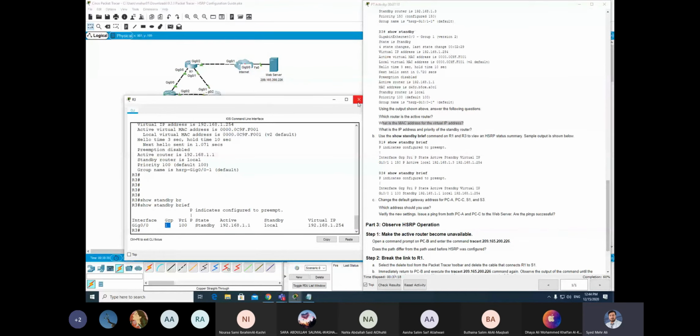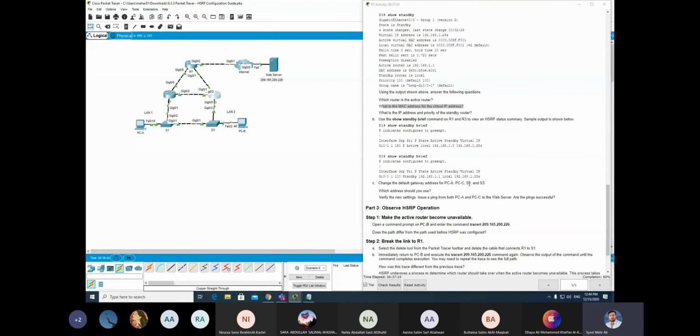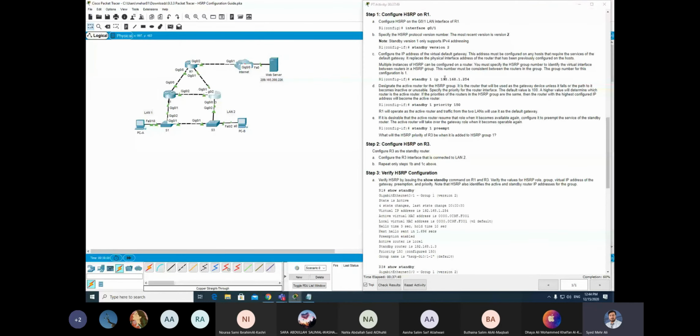Now change the default gateway address for PCA, PCC, switch 1 and switch 3. So we will change the IP address. Which IP do we need to configure on PCA, PCC and switch 1? We will use this one, 2 dot this IP address, because now this is our virtual default gateway.